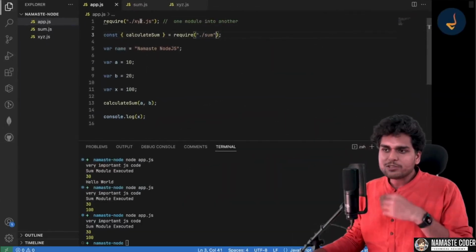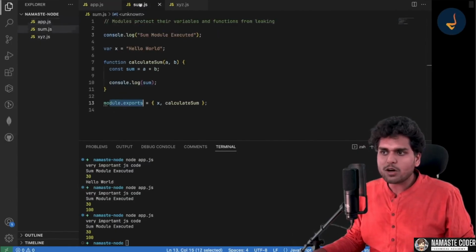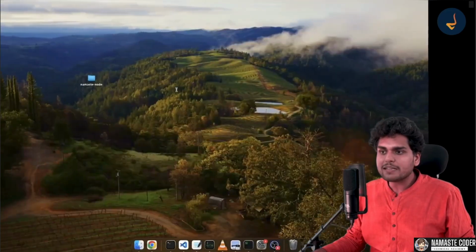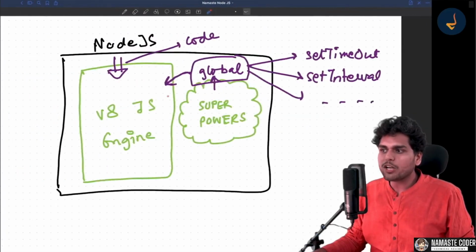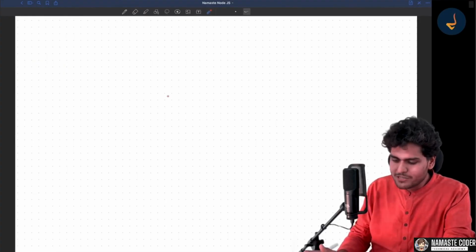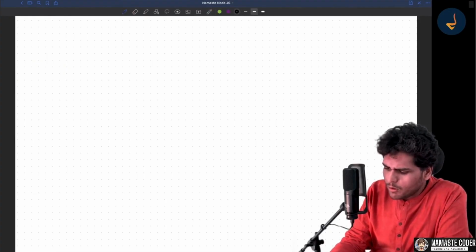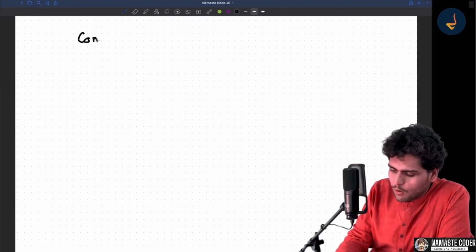Now we have seen this pattern of importing and exporting, right? This require and module.exports over here. This pattern is known as CommonJS modules. Okay, this type of modules are known as CommonJS modules. Let me write it down, it is very important. CommonJS